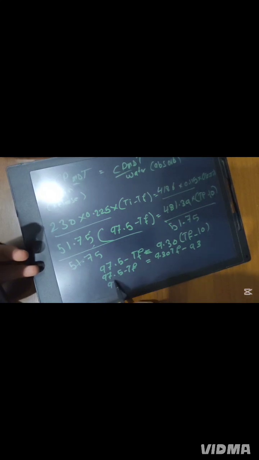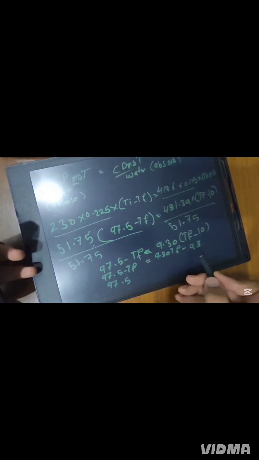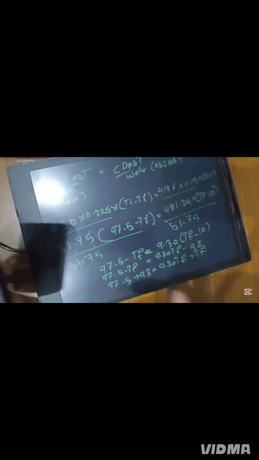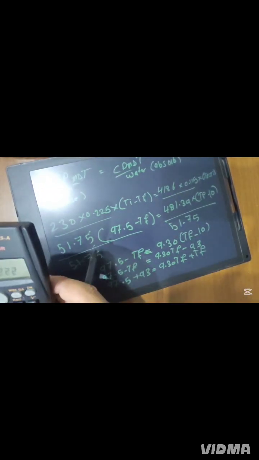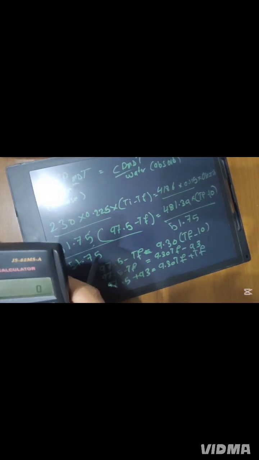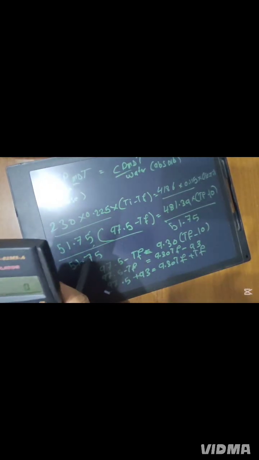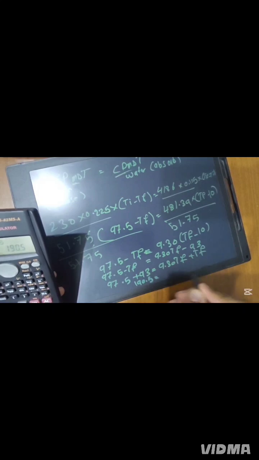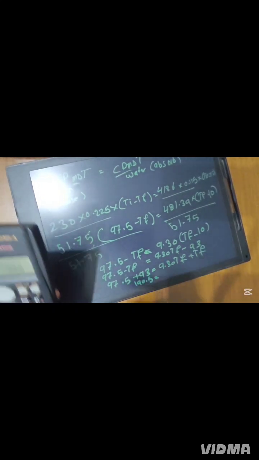So bring down the 97.5, then take this negative 93 to the left side, will be positive 93 equal, and bring down 9.30 Tf, and take this negative Tf to the right side, will be positive Tf. Plus these numbers together, 93 plus 97.5. The answer will be 190.5 equal, and 9.3 with 1